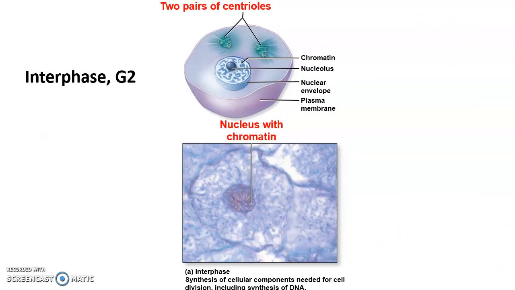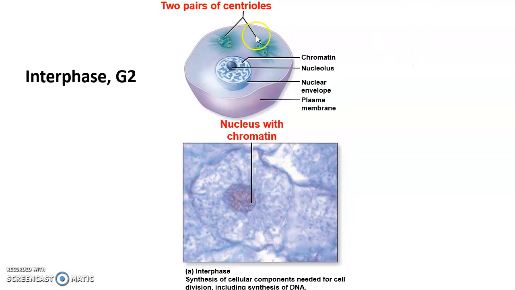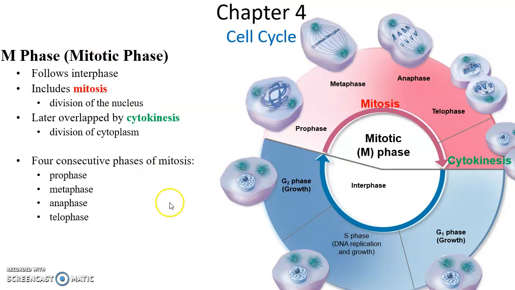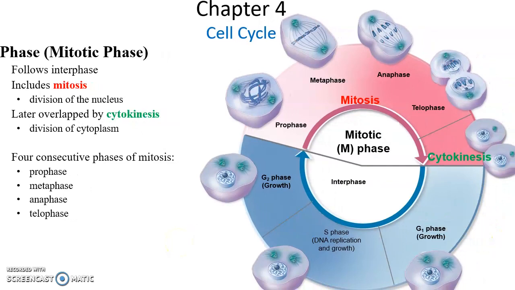All right, then we enter. So we are at interphase G2. Interphase G2 has two centrioles because, of course, these are important for this process. The nucleus with the chromatin, the relaxed DNA inside of it, and ready to go. Then we enter the mitotic phase, the M phase, where we undergo mitosis, which is the separation of the nucleus. Actually, mostly talking about the separation of the DNA, and then cytokinesis, which is the division of the cytoplasm, the actual physical dividing of the cell into two cells.